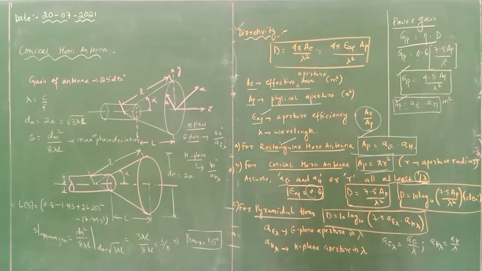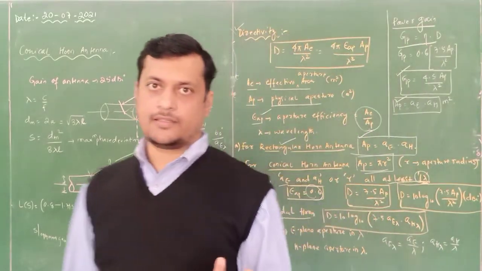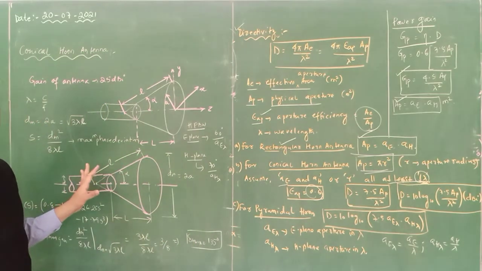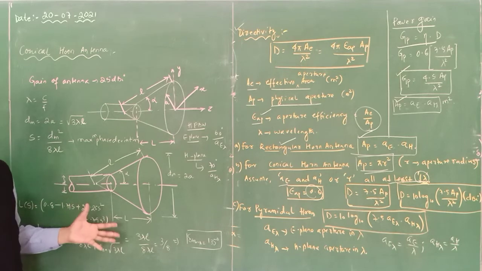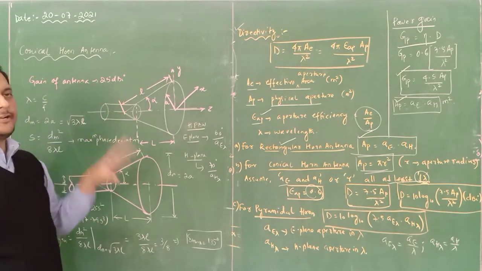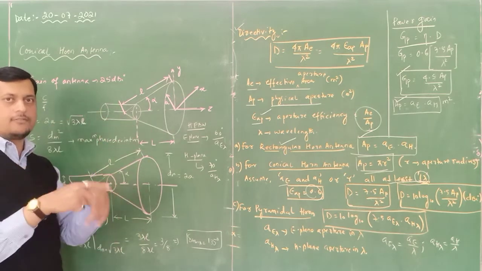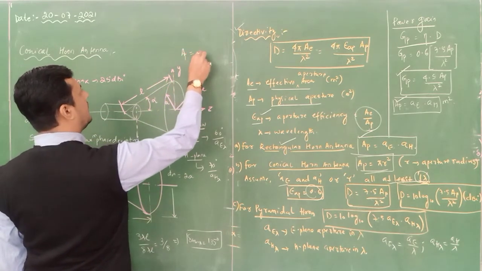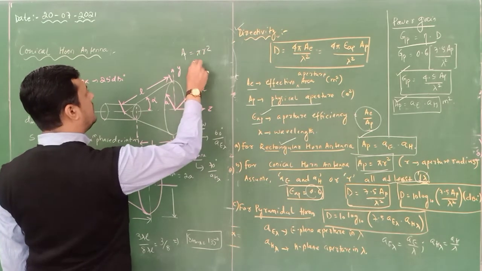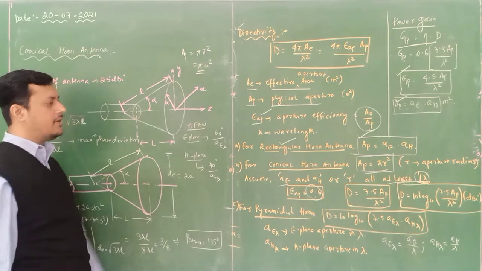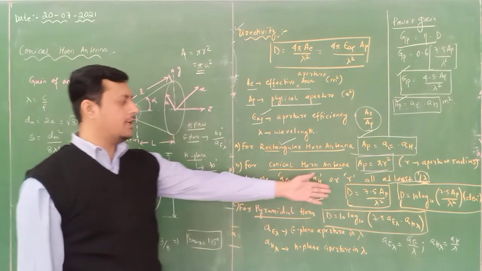Okay, it will take only 3 minutes to discuss the circular one. Only the dimension and cross section are left, so I thought to cover them in this session. For the conical horn antenna, you can see it is cylindrical in nature and the opening is circular. The aperture area AP is pi r square. Here the radius is a, so I can write pi a square, and you can determine your directivity easily with the help of this relation.